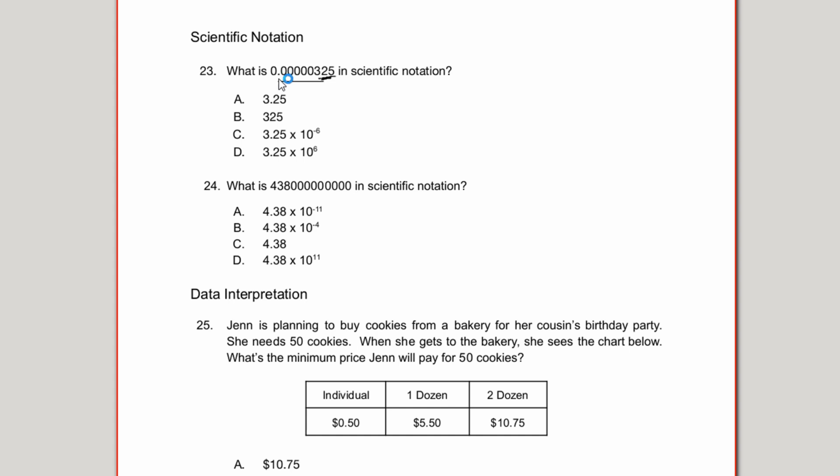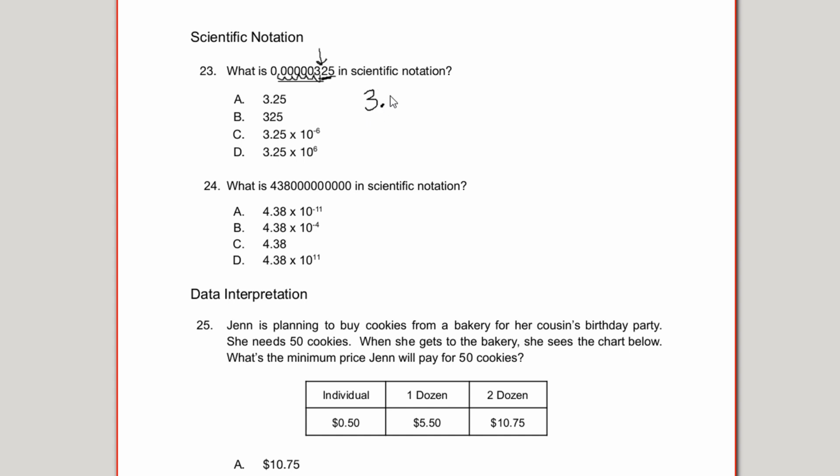So we need to take this decimal point and see how many spaces we can move. The common way to write scientific notation is to have one non-zero value on the left and then a decimal followed by any other values. It could be zero after that. So basically we want to move the decimal point between the 3 and the 2. If we count how many spots we need to move, 1, 2, 3, 4, 5, 6, we're going to move the decimal point 6 spaces to the right,